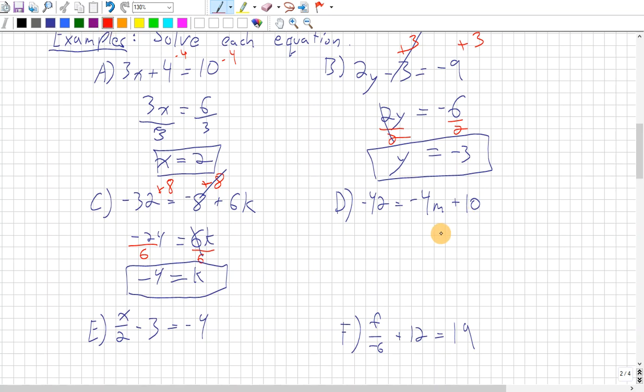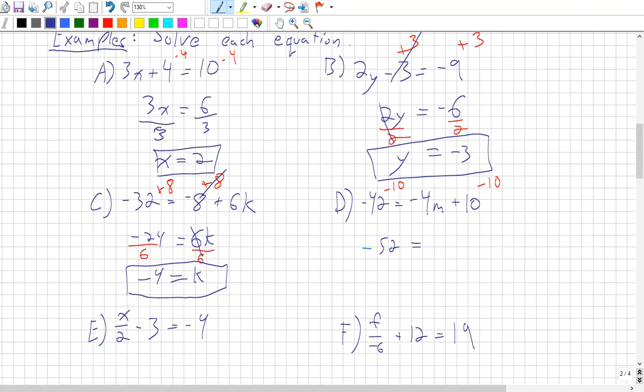This one should be maybe a little bit simpler. Yes, the letters on the left-hand side or right-hand side again. So the plus 10, again, I'm going to have to do the adding or subtracting first. So I subtract 10 on both sides. So the left-hand side, I'm left with negative 42 minus 10. You're getting further into the negatives. So it's actually negative 52,